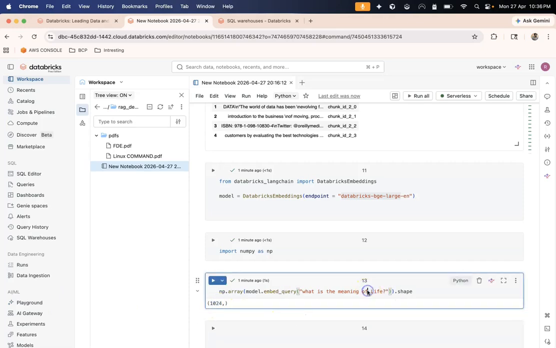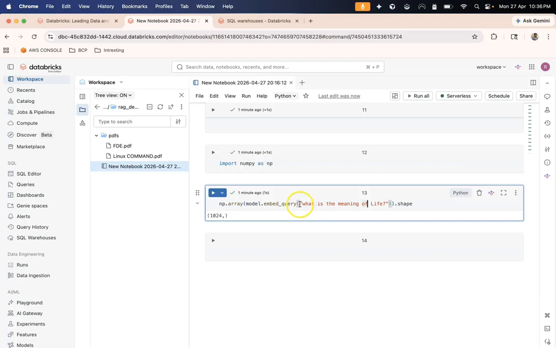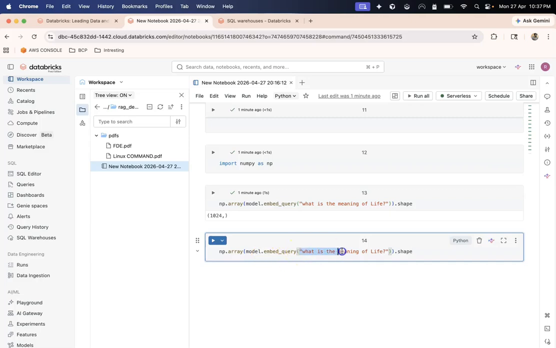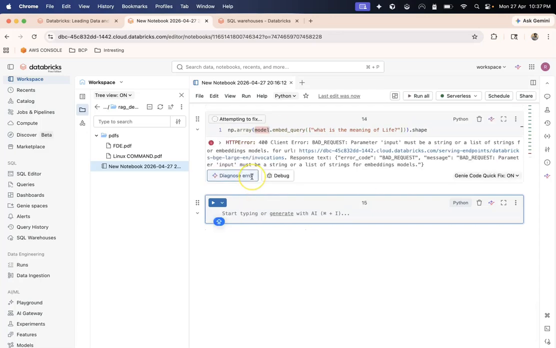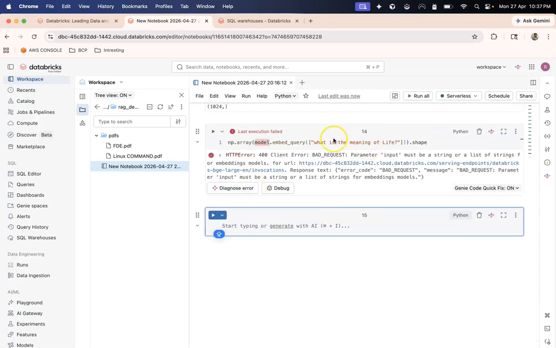Now let's see if I can pass a list here. Let me copy this code and pass a list of inputs instead of a single string. Let me first test it with just a list, and you will see it will not work. Why? Because input must be a string.